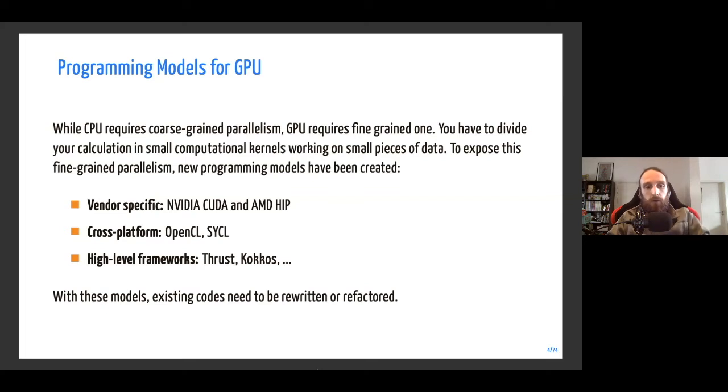And you also have high-level frameworks, mainly in C++, that are Thrust and Kokkos. All these models require you to write new code in order to program the GPU. It means that if you have an existing code, you need to refactor it in order to be able to use the GPU. You cannot use your existing code that was written and optimized originally for the CPU.